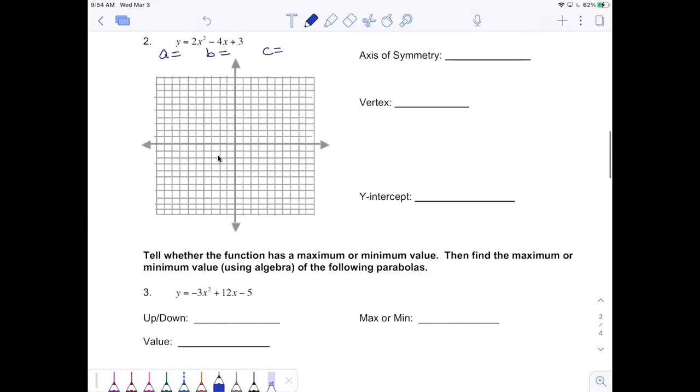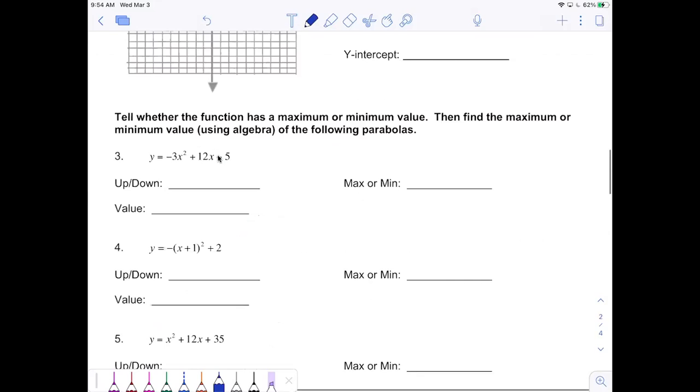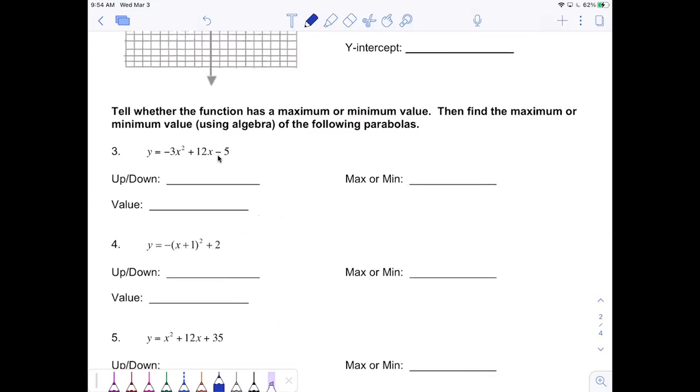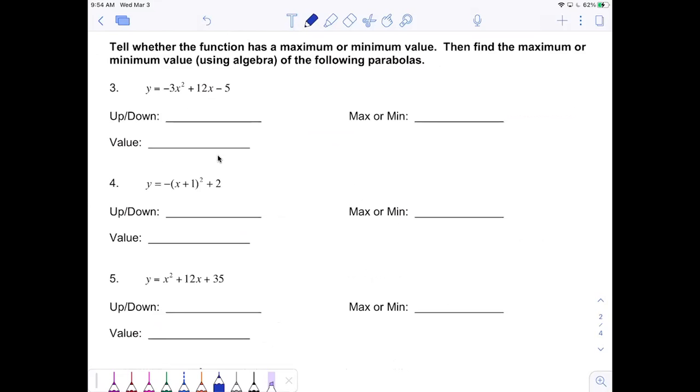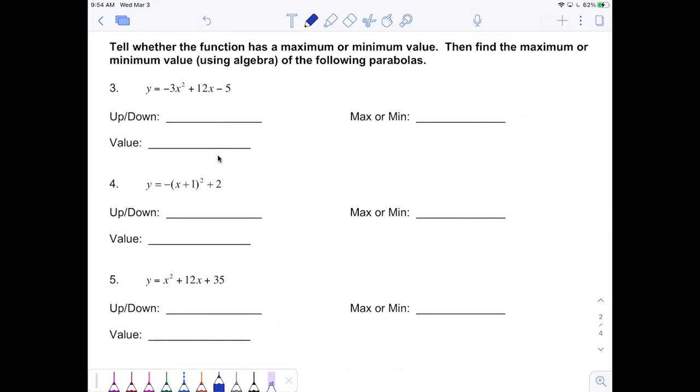If you continue to scroll down, I want to look at the questions in the second group of problems. And this is questions 3 through 6. Notice it doesn't ask you to graph, but instead it says decide if the function has a max or a min, and then find the maximum or minimum value using algebra. We're not going to graph any of these. We're just going to say it opens up or down, it has a max or min, and then we're going to find that. So if you look at number 3